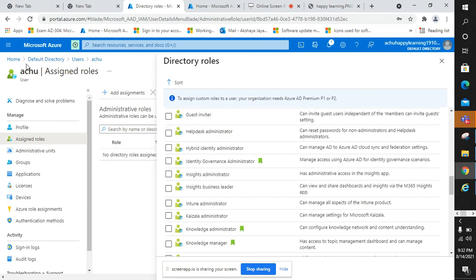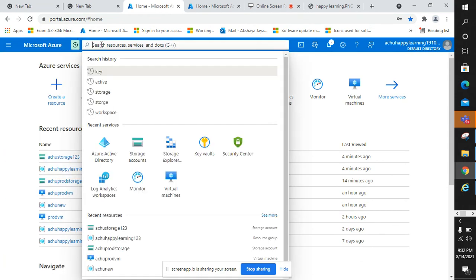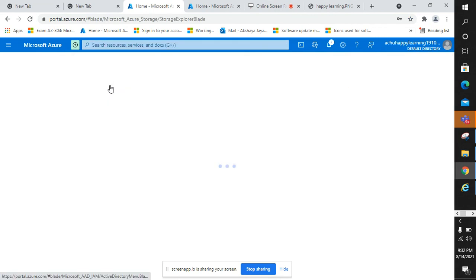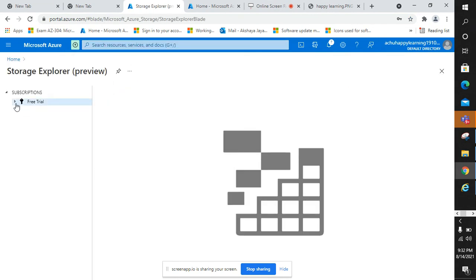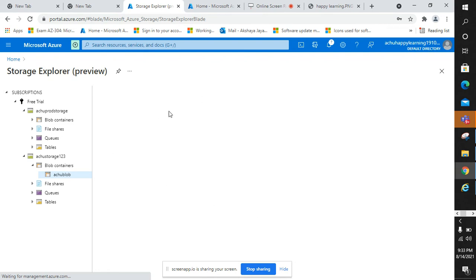Apart from this, I wanted to show you another place to access this. They have introduced the storage explorer in Azure, so from here also we can access. See, in subscription, in free trial, in this storage device I have a blob, and inside that I have this blob storage in place.